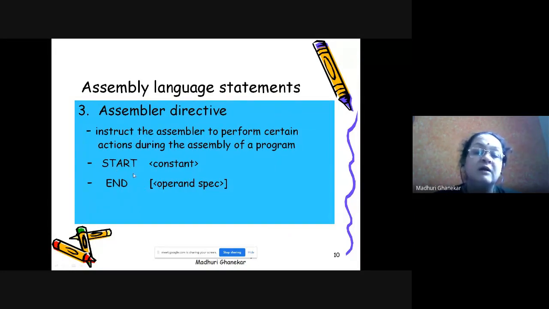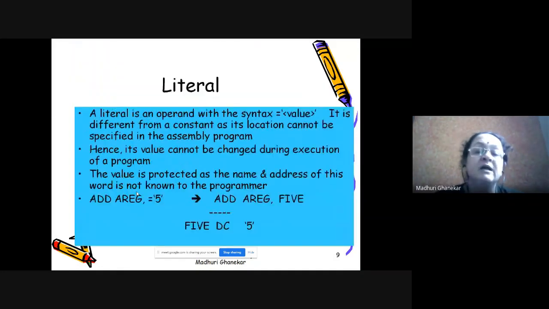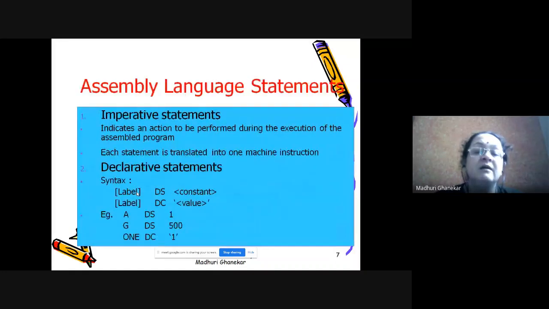So START and END are the simple assembler directive statements. Those statements themselves are not translated into machine level form, but the other statements, the earlier statements, are translated into the machine level format. I think we'll stop over here for today's session.